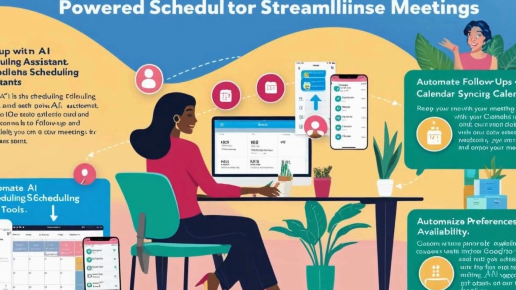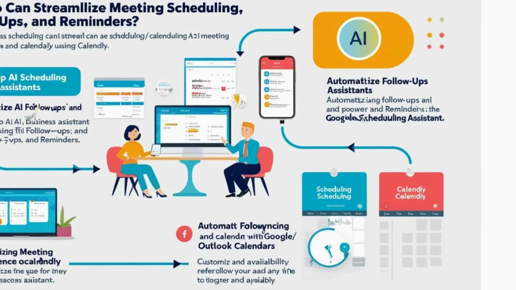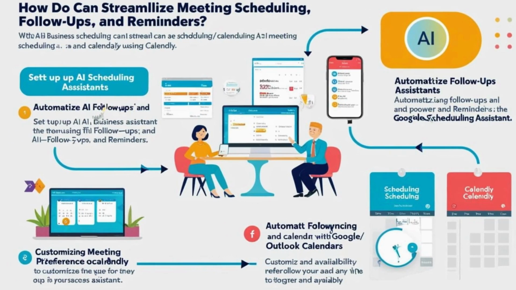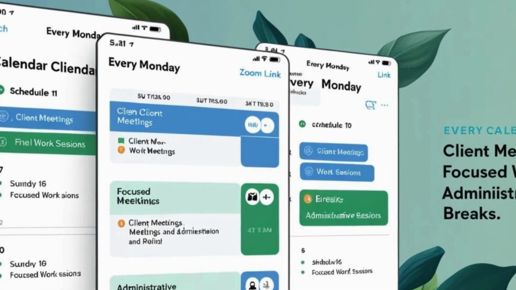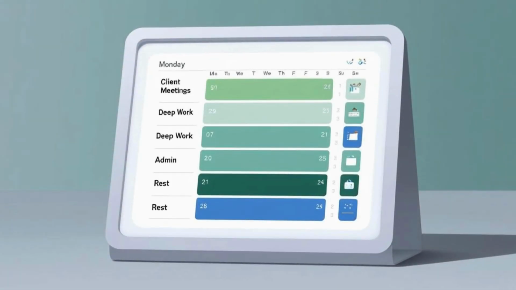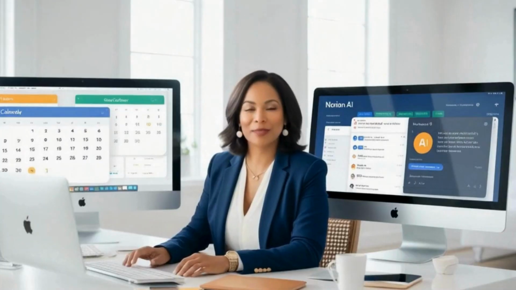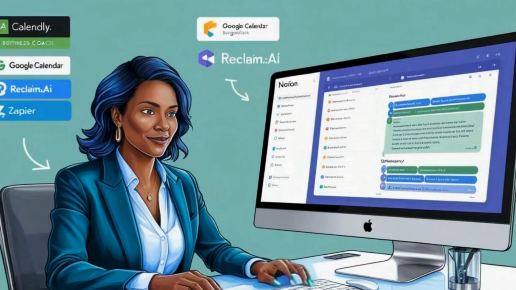Chapter 1. Organizing Meets with AI Assistants. Objective: teach business owners how to streamline meeting scheduling, follow-ups, and reminders using AI tools so they can save time and stay organized. Course overview: what you'll learn: how to set up AI scheduling assistants, automating follow-ups and calendar syncing,